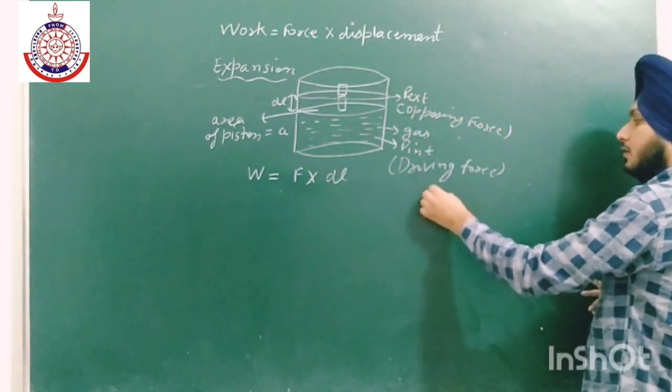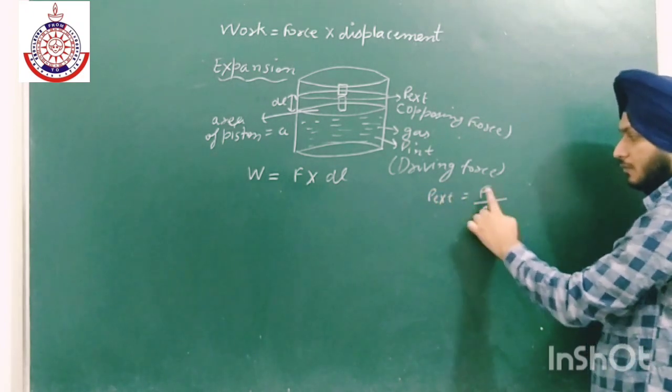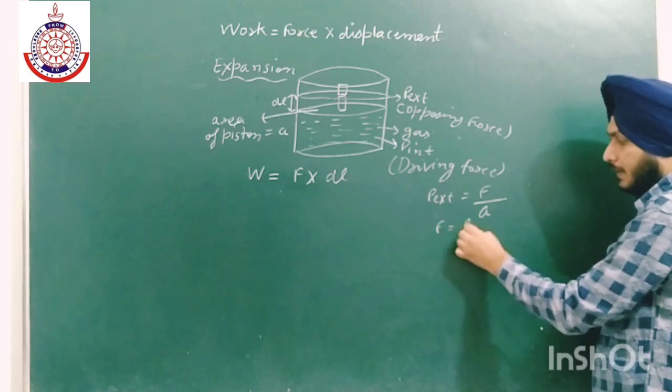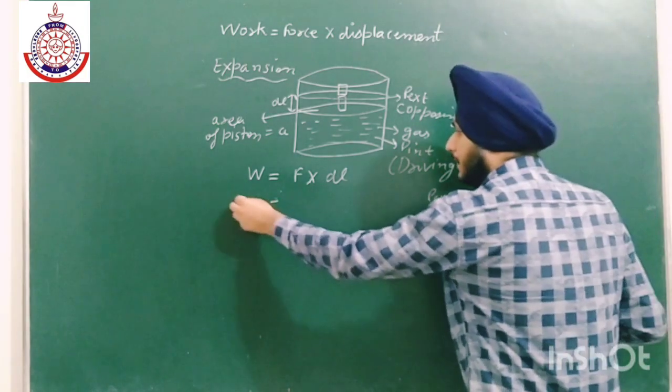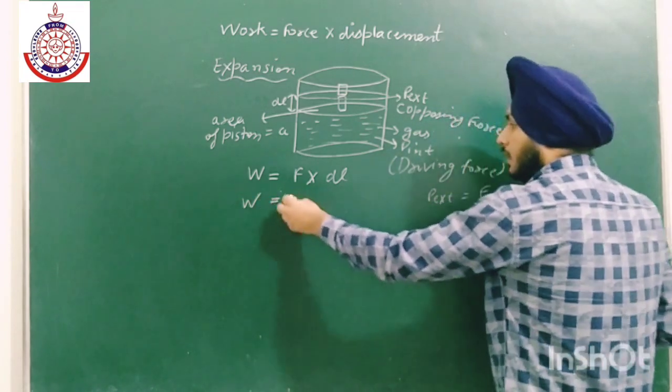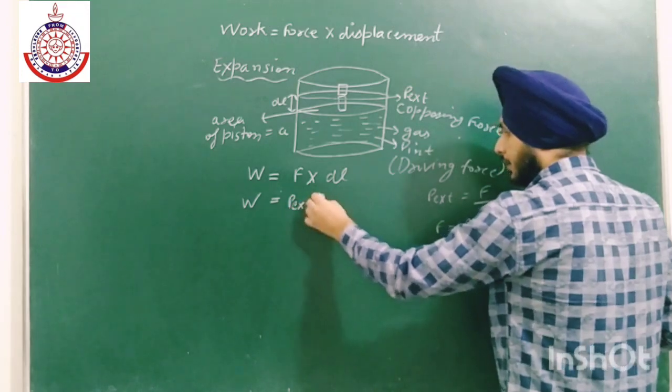We all know that pressure is equal to force upon area. So from here, force will be P external into area. Now put this value here, we will get W is equal to P external into area